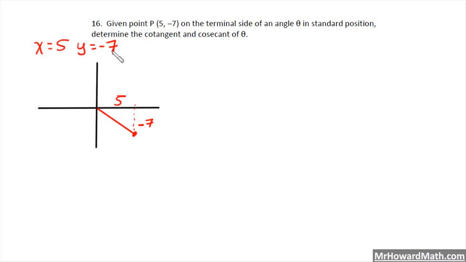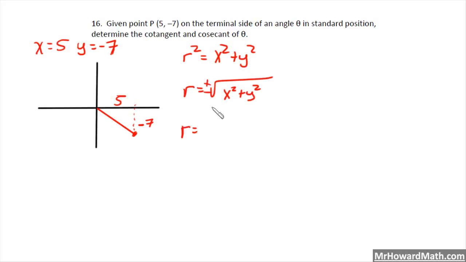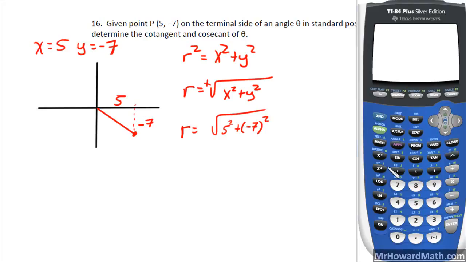To establish our trig functions with the x, y, and r definitions, we need x, y, and r. So we're given x and y, so we can find the missing piece r by using our Pythagorean theorem. So we'll rearrange that just a bit, and we get this. So we just fill in the values. R is equal to, this would be plus or minus square root, but r is always positive, so we're only taking the positive square root of 5 squared plus -7 all squared. And we'll bring up our calculator, and that would be square root of 5 squared plus parentheses -7 squared,